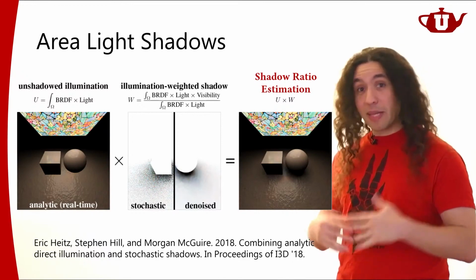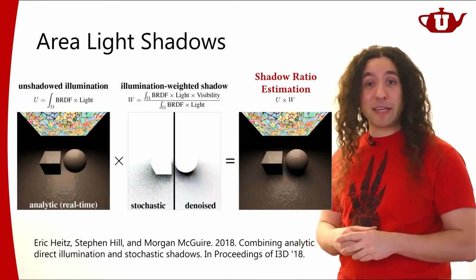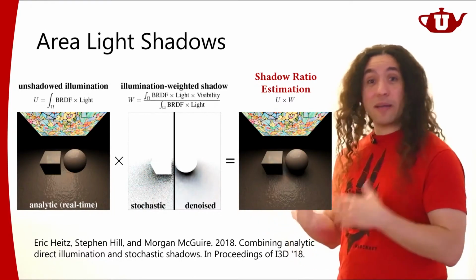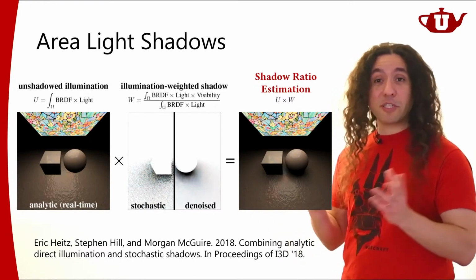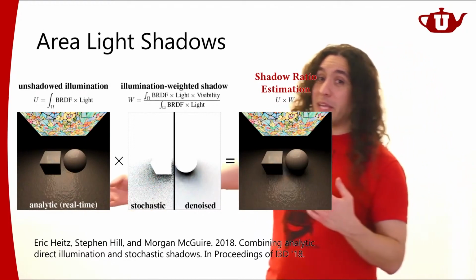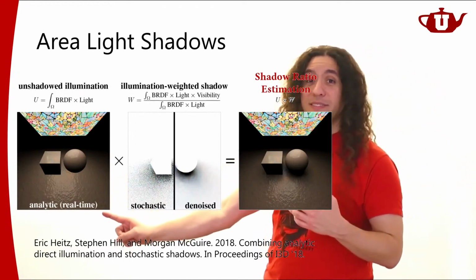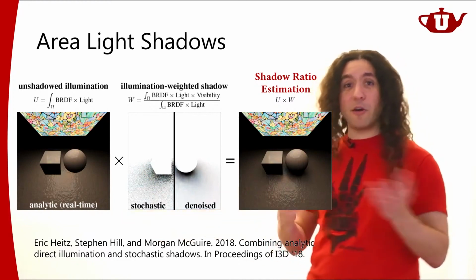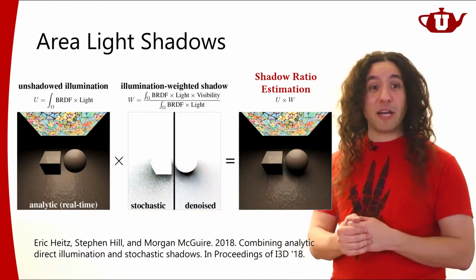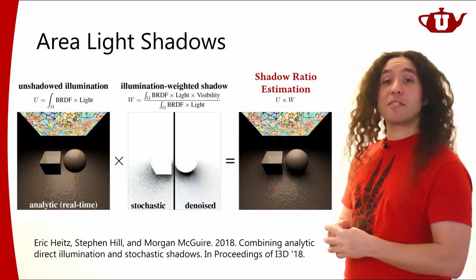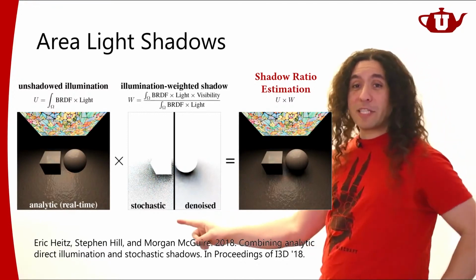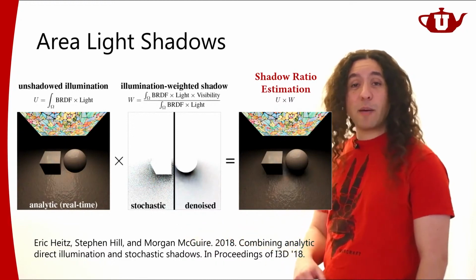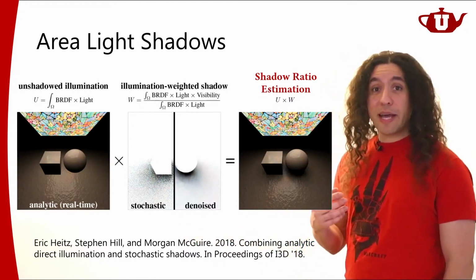So the way that it works is that we have this method for analytically computing illumination from area lights, including its attenuation and everything, properly at real time, and you can implement it on the GPU. It works just fine. So we can get this image at real time very easily without any problem. But the problem here is that there's no shadow. How do we handle shadows? Well, we're going to be using ray tracing for handling shadows.